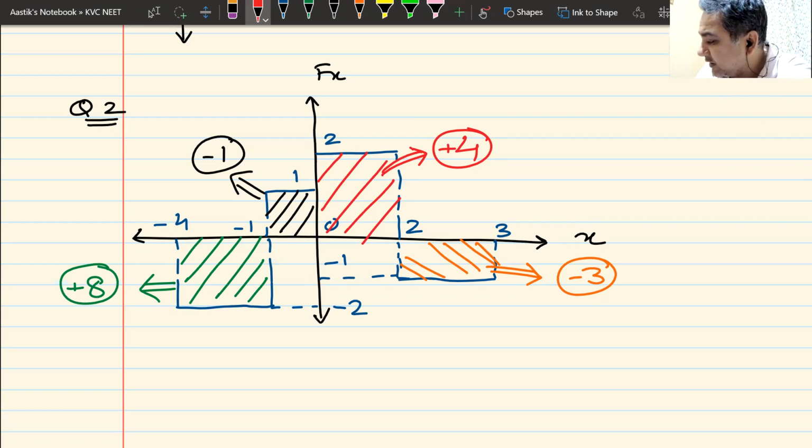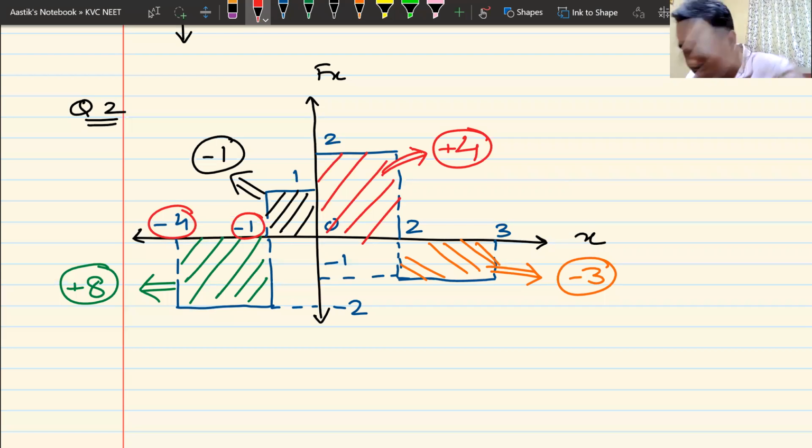I hope I have not done a calculation mistake. In the last class, I did it. I hope I have not done it now. Yes, I have done it. I think here I've done a calculation mistake. I am bound to make calculation mistakes. This is -4 and this is -1, so it is 3. The breadth is 3. 3 multiplied by 2, it should be 6 and not 8. So I made a mistake probably. Maybe that got you confused.